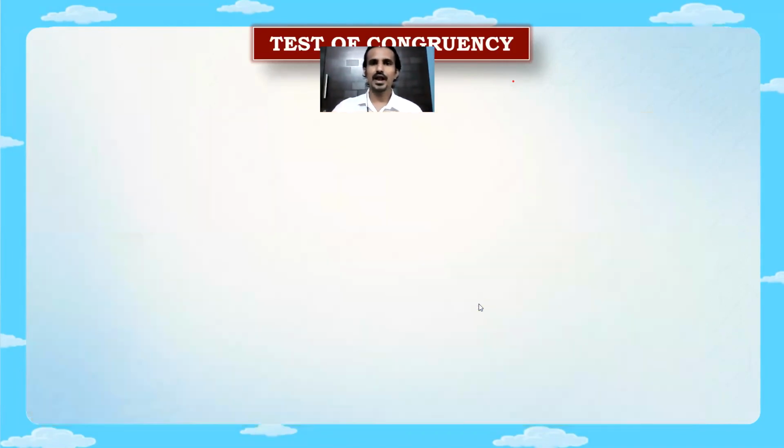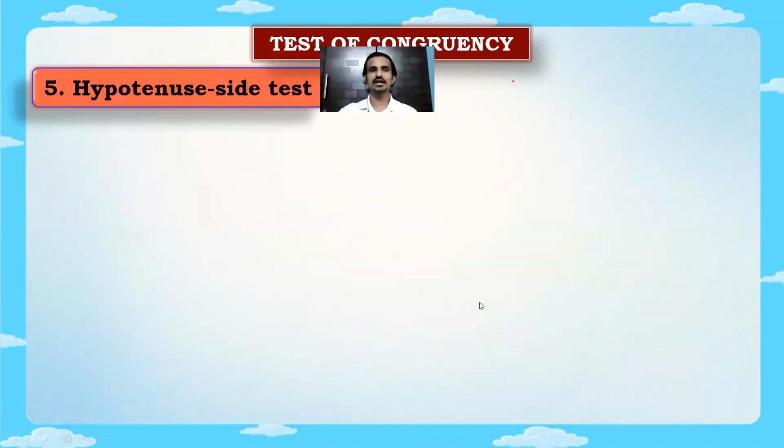All right. Now comes the most important test, that is the hypotenuse side test. अभी तक आपने जितने भी triangle test देखे होंगे ना, there were always three parts: SSS, SAS, ASA, SAA. But in the name of this test, hypotenuse side test, we can only see 2 parts. Hypotenuse and side. So which is the third part? There has to be a third part. The third part is the right angle, which is not mentioned here, but hypotenuse we get only when the triangles are right angle triangles.